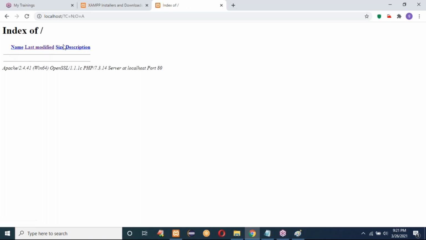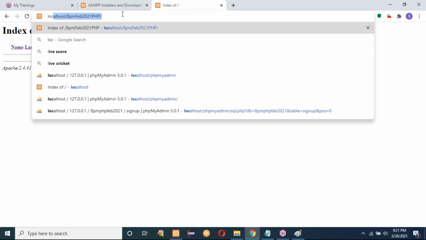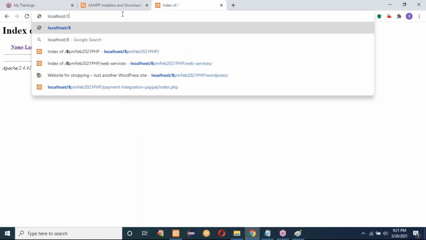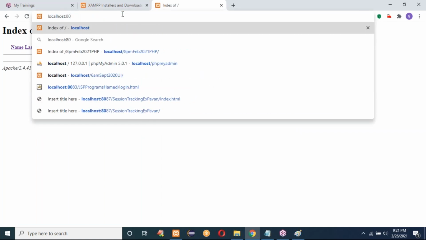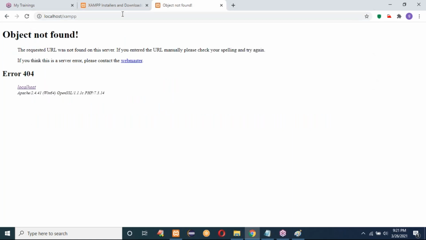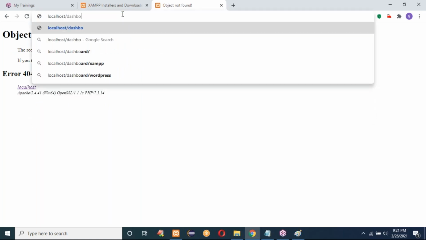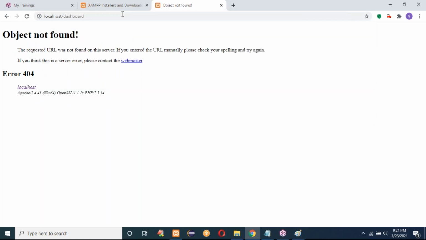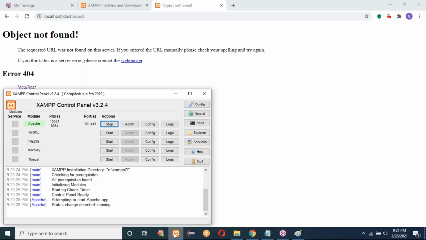It shows name, modified, description, size. Actually, it has to show the XAMPP dashboard. Yesterday we observed that. Localhost :80/xampp, not found. Oh, what happened to the server?